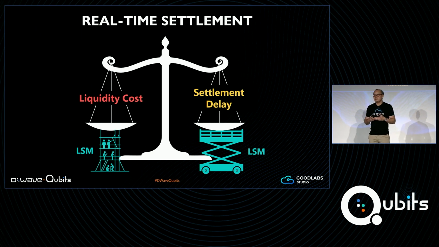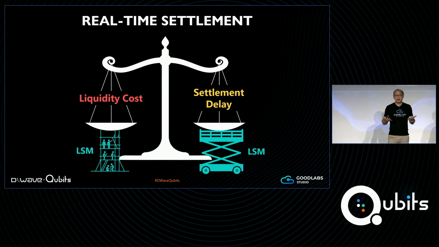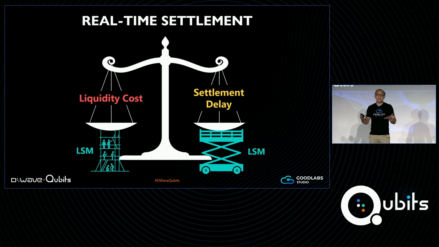So at the core of it, liquidity savings mechanisms are very simple tools that try to reduce the liquidity cost of participants. What they do is most of them collect payments in a queue or in a batch, and then try to find ways to offset outgoing payments with incoming ones, recycling liquidity and thereby decreasing the liquidity cost of these participants. Now, one of the things we also try to do at the same time is minimize settlement delays so that payments go through very quickly and they are not accumulated throughout the day.